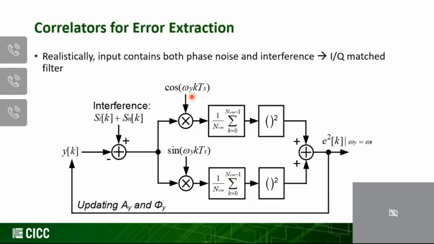So you know that in advance. So you basically would correlate against that particular frequency. If you do a correlation with that frequency, this is essentially doing the matched filtering at that particular frequency that you're trying to extract, then you can compute the mean square error of that energy. You do this for both I and Q, and then you sum them together. So basically you can find the estimate of that error magnitude. Okay, so this is essentially doing the IQ matched filter. By deriving those error magnitudes, we can plug them into the coordinate descent algorithm that